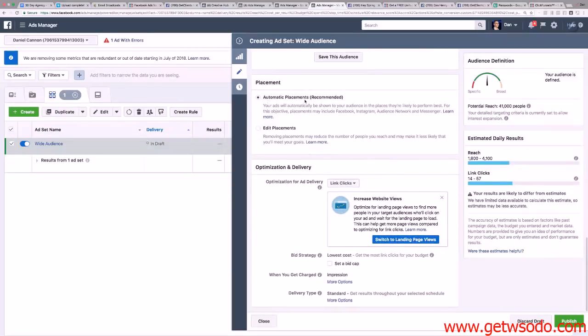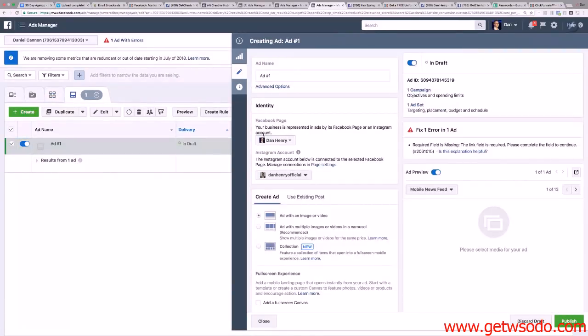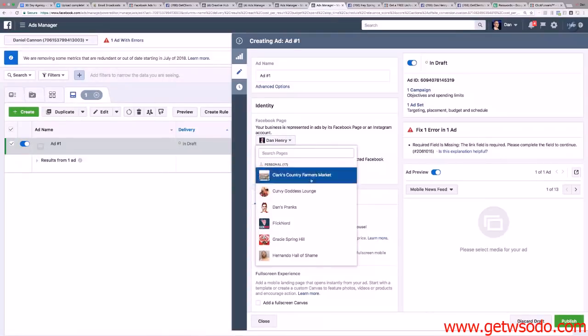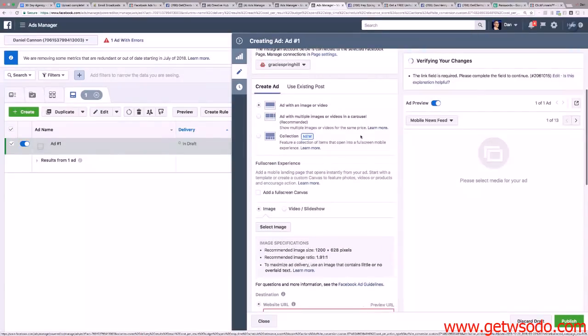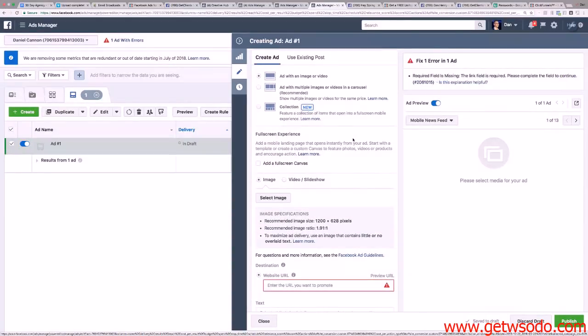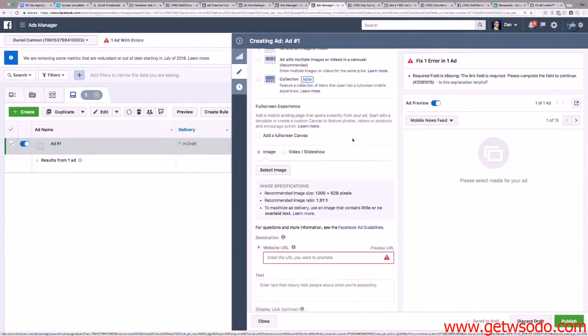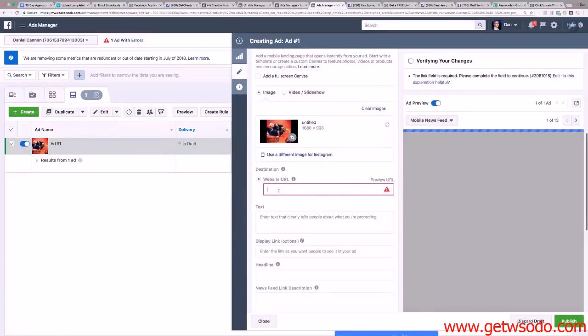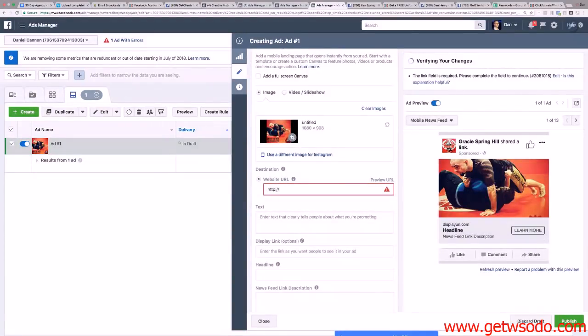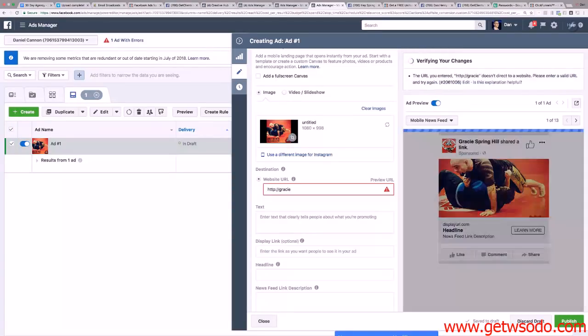Okay, so next I'll leave automatic placements. Now I'll click on this right here, and I will select my page, which is this right here, my client's page. And for the sake of simplicity, I'm just going to use some dummy copy. First thing I'm going to do is select an image, and that image will be, say, this one right here. And I'll put in, again for simplicity, their